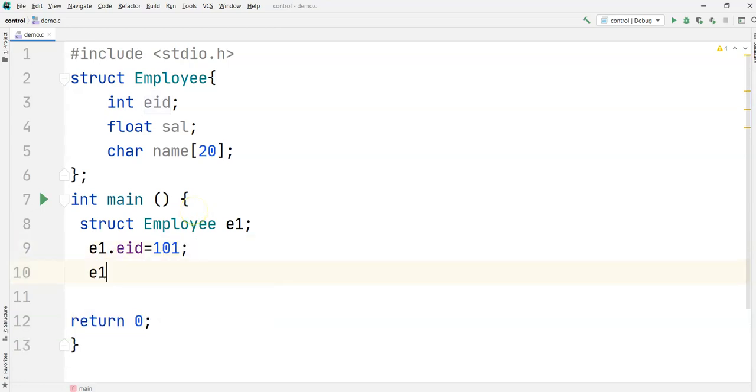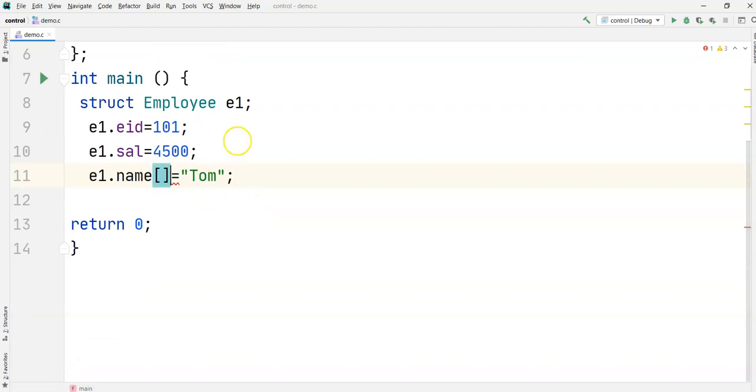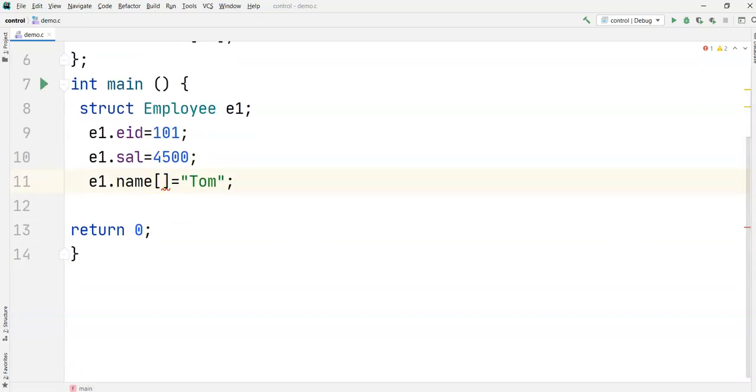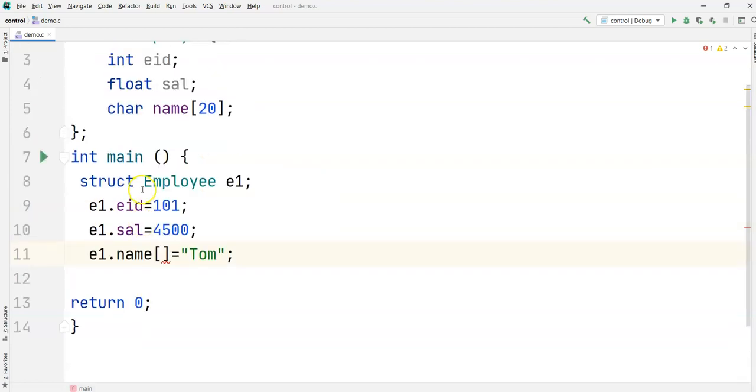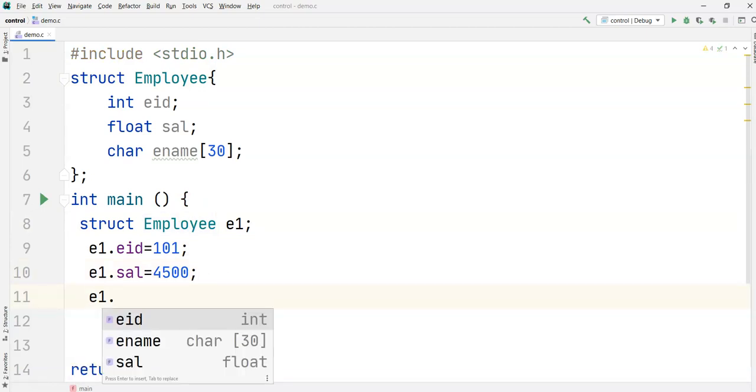Let's see that. E1 dot salary is equal to 4500. E1 dot name is equal to Tom.